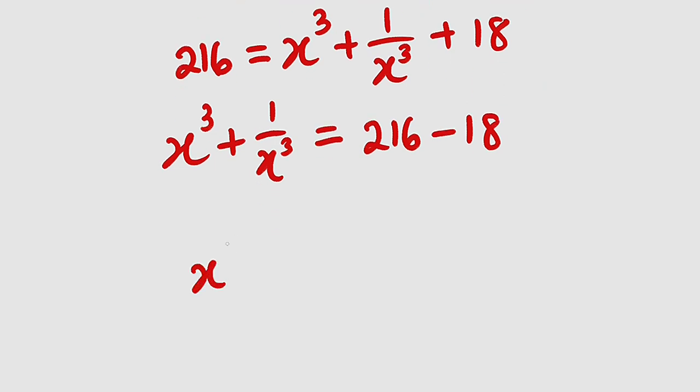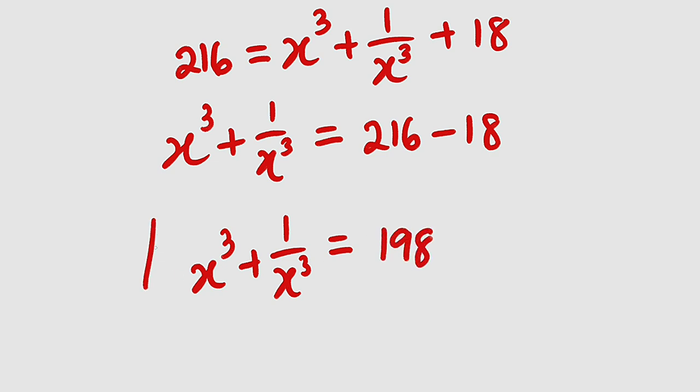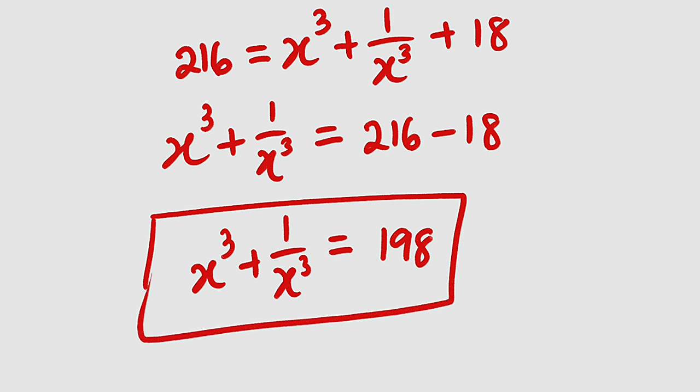And therefore, x to the power of 3 plus 1 divided by x to the power of 3 is equal to 216 minus 18, which is 198. So let me box this one as well. Remember that we are looking for x to the power of 5 plus 1 divided by x to the power of 5,